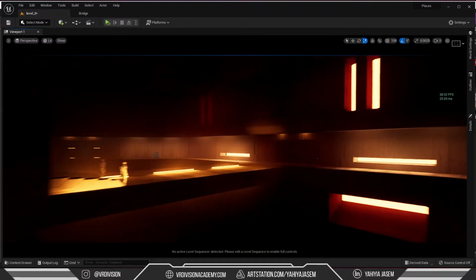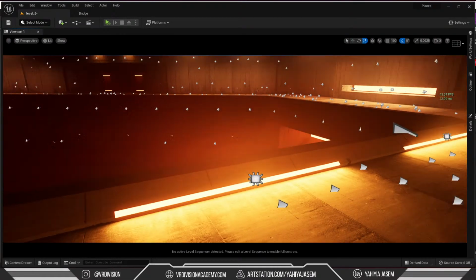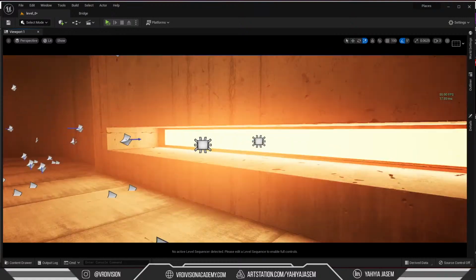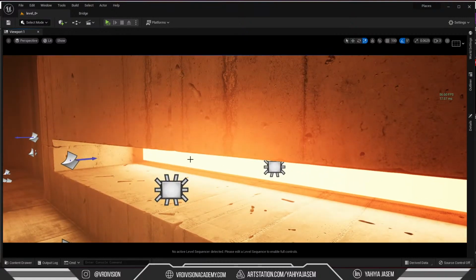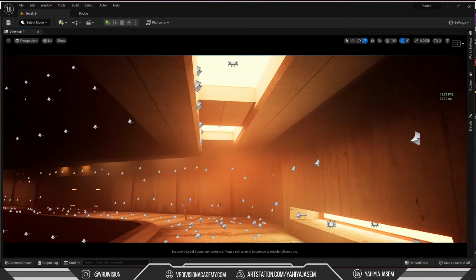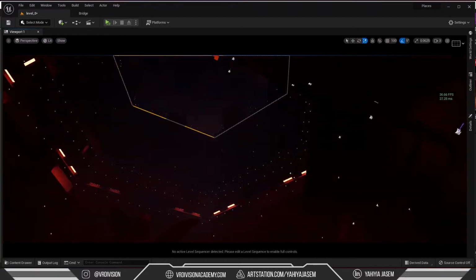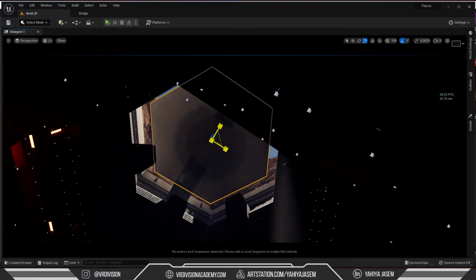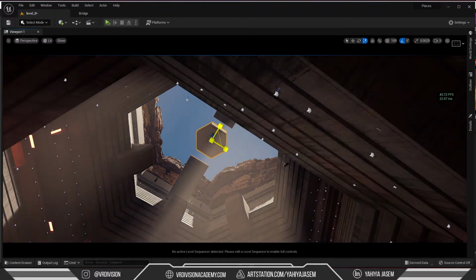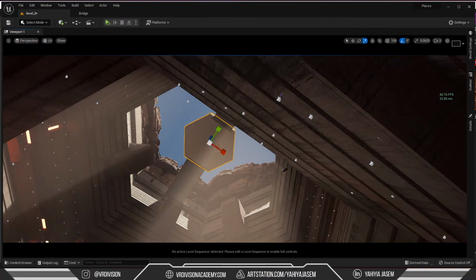And now the scene is using my light sources, and it's also using the emissive surfaces as light sources as well. With Lumen, you expect lighting to behave the way it should, if I wanted to put it this way. Okay, so Lumen is